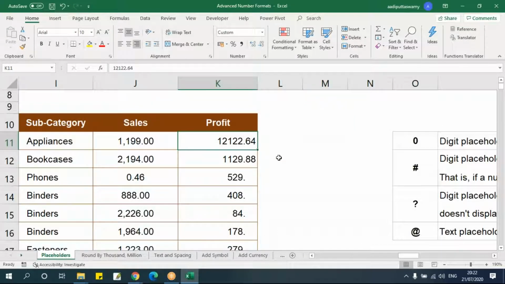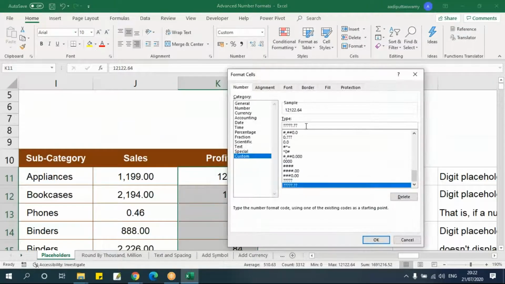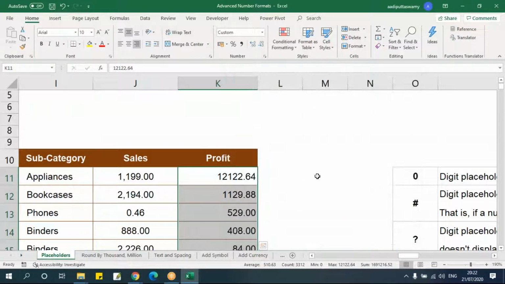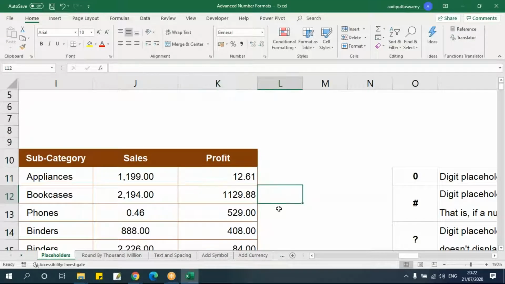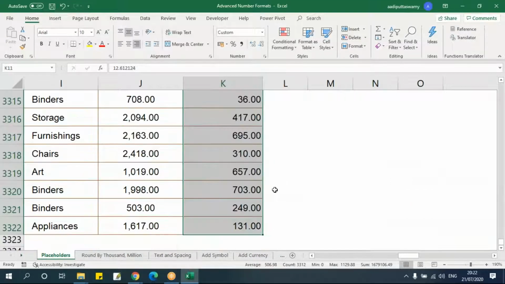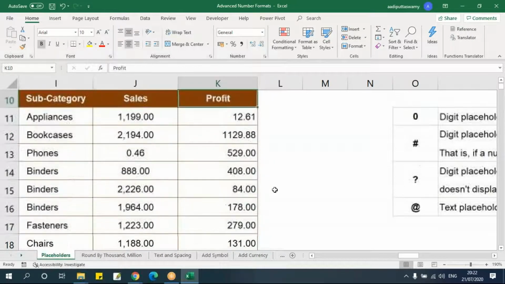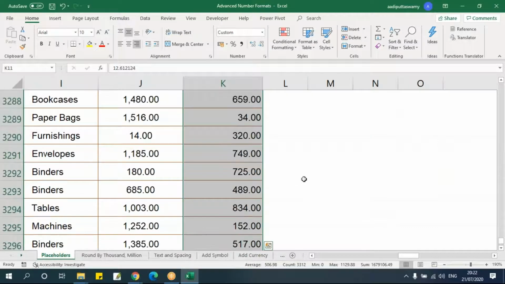But the same thing, let me go here and put zeros instead. Okay. Now let me remove a few values, and here let me give these decimals like this.